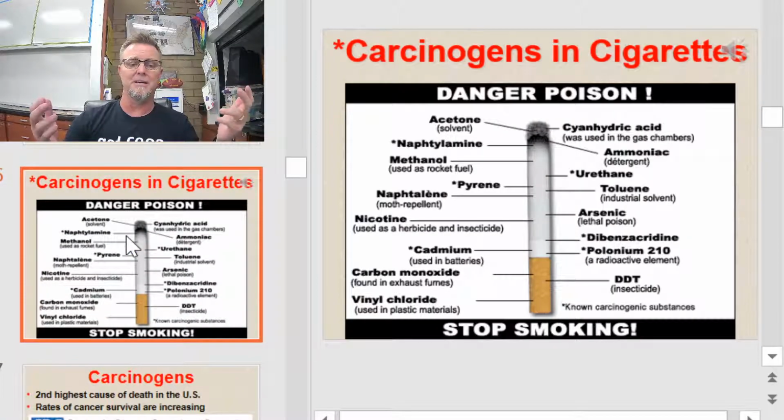Now, where can we get carcinogens? Here's a great one, okay? Cigarettes. Cigarettes are loaded with carcinogens, right? These carcinogens go directly into our lungs and can lead to lung cancer. Now, just because you smoke a cigarette, that's not a guarantee that every person that ever smoked a cigarette, every one of them's going to get cancer, but you're increasing your odds by smoking, right?